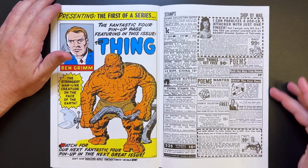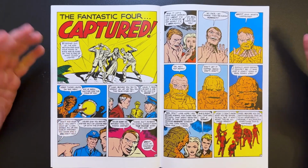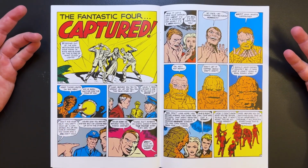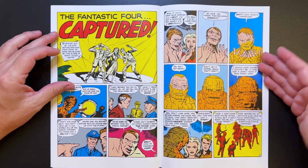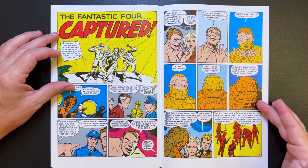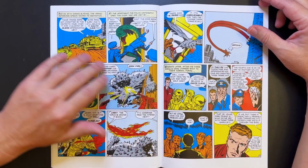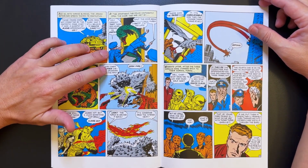Oh, that's a lot of ads. The Fantastic Four captured. Oh, the cops got him. Oh, that's right. You don't have the Skrulls. How are you going to talk your way out of this? Oh, no. Ben is turning back into the Thing. Boy, that looked awesome. Very sad. Okay, so instead of taking the Fantastic Four into jail, they take them back to their apartment hideout where